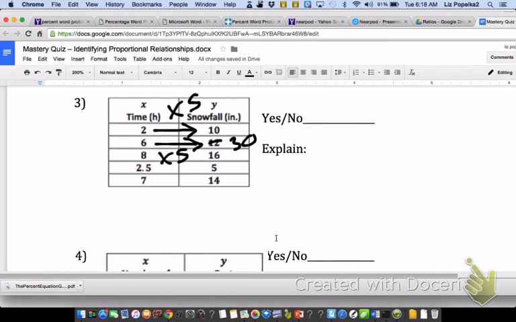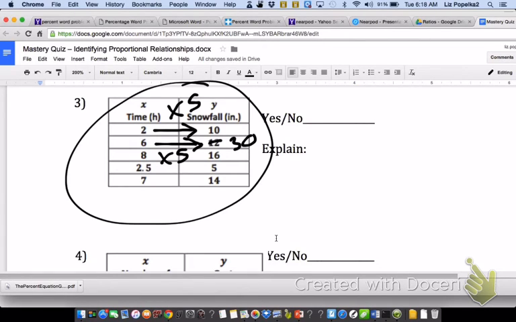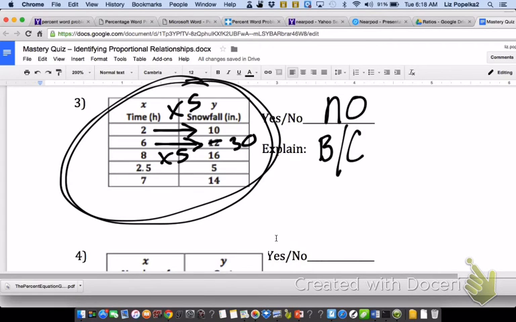But 6 times 5 is not 12. That would be 30. So I've got some kind of correct work shown here, showing that if I scale up by 5, it doesn't come out right. So I'm going to say no, it's not proportional. I'm going to shorten because. And there's a number of ways I could phrase it. I've got my work shown right here over to the side, so it's good enough for me to say because